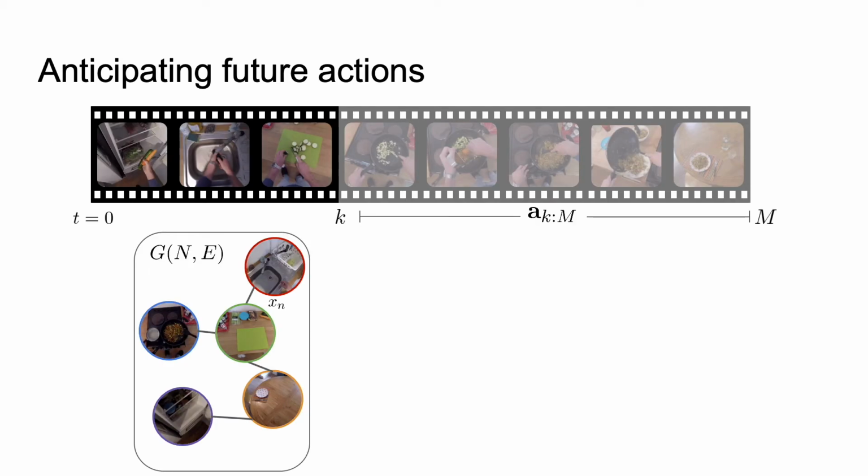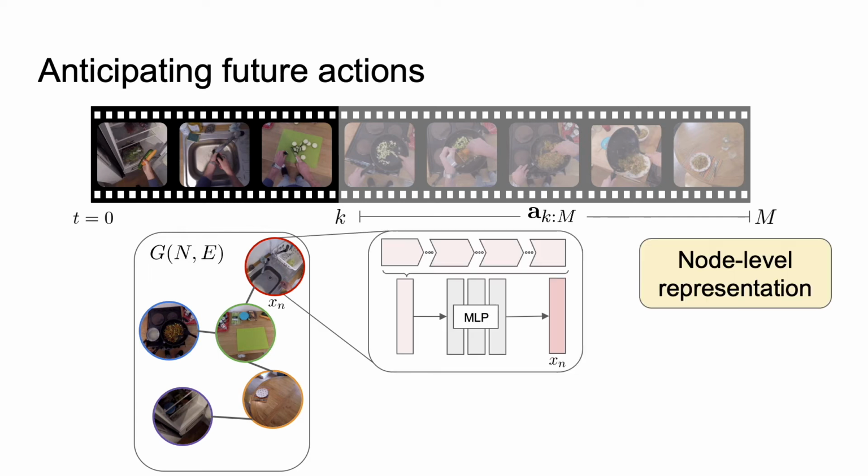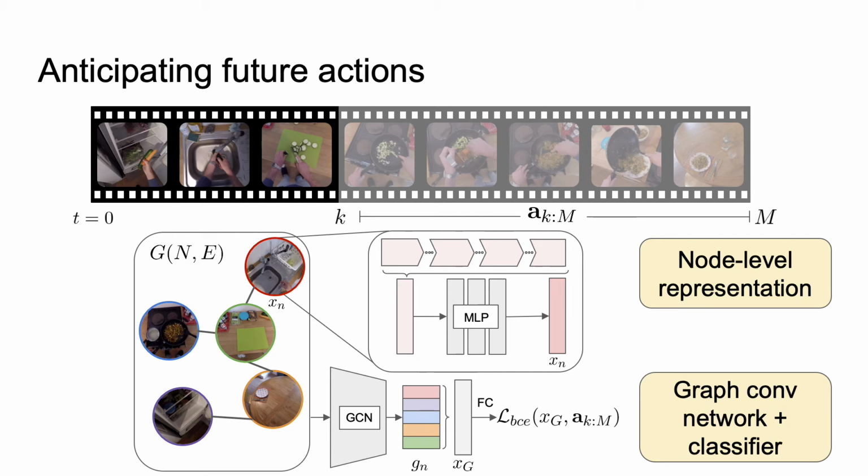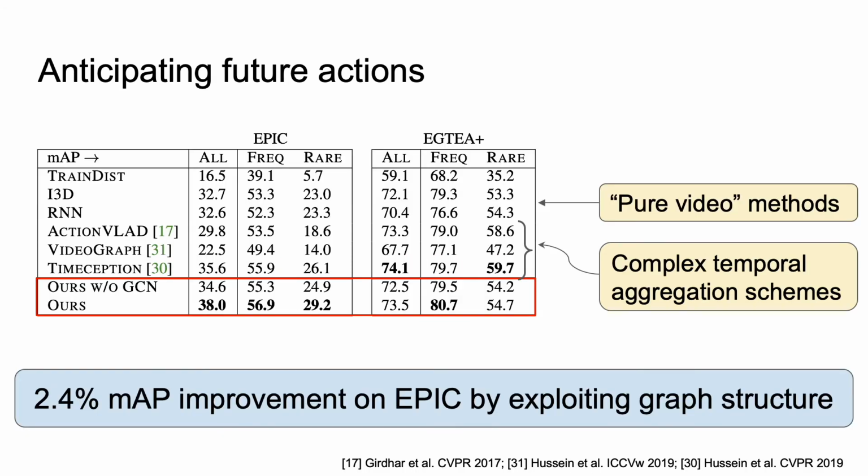To do this, we first encode the video as a topological graph and aggregate all visits to nodes as a feature vector. We then encode the graph using a graph convolutional neural network to generate a video feature for classification. Our model has the advantage of factoring past information in nearby locations to inform future prediction. Our method outperforms other pure video aggregation schemes that don't consider the structure of the underlying environment.